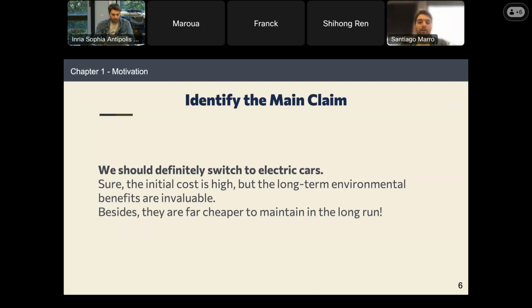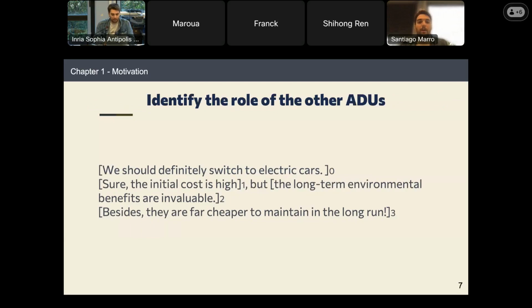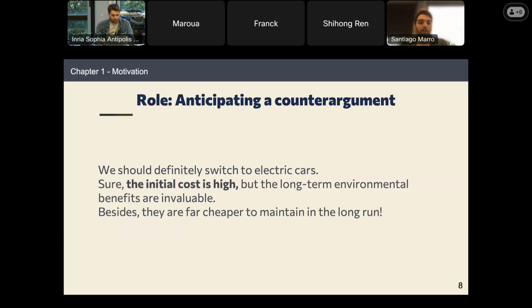After we identify the different components, the different units that we can find in the arguments, what we typically do is first identify the main claim that the author is making. In this case, it is that we should all switch to electric cars. But there are other roles that can be taken by these units. For example, if we go to the initial cost is high, we see a role of anticipating a counter-argument.